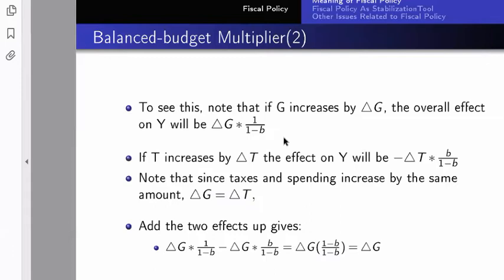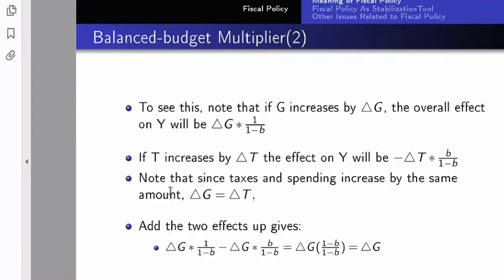All right. So they are doing this one for the balanced budget multiplier. What they've done is to calculate the effect of a change in G on national income, which is equal to the change in G multiplied by its respective multiplier, 1 over 1 minus B. That is the respective multiplier with respect to G. Now, for the case of T, we are multiplying the change in T by its multiplier, which is minus B over 1 minus B. But because of the negative here, we bring it up here.